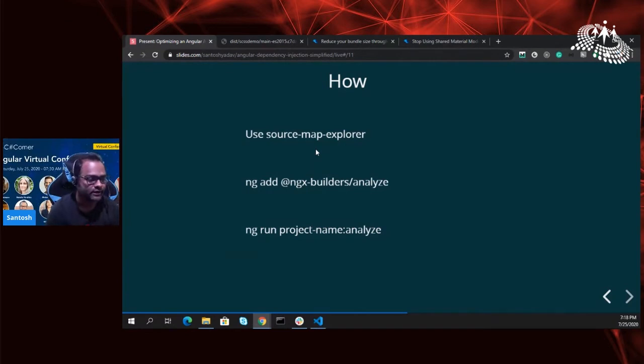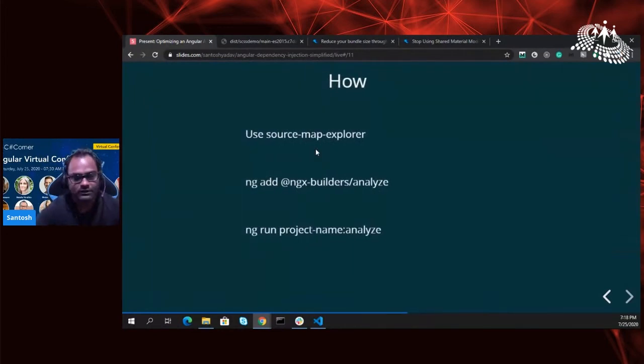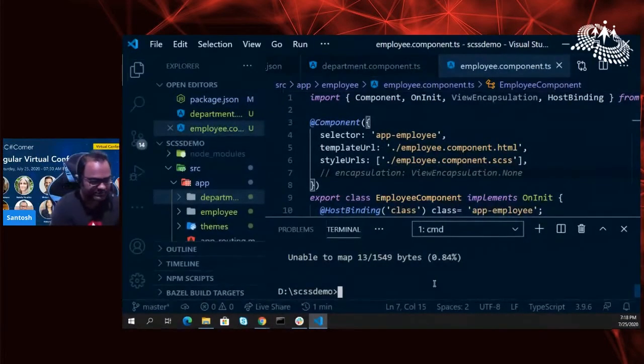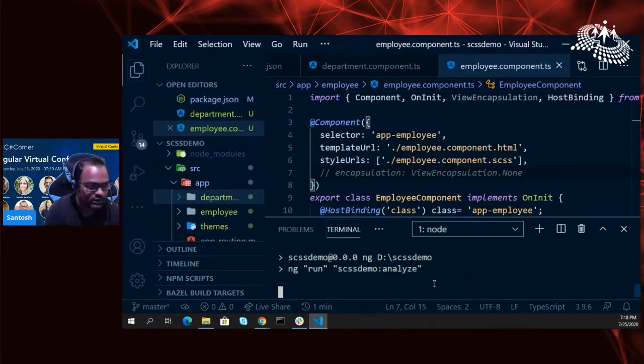So you can actually go ahead and add this into your application. You can just say ng add and Nginx Builders / analyze, and then you can run this particular command. You can say ng run project name and analyze command, which will be added into your angular.json file. So let me just show you that code. Okay, so this is the application. I'll just run this command. I have already added it, and I'm just running ng run scss demo : analyze, and this will give you